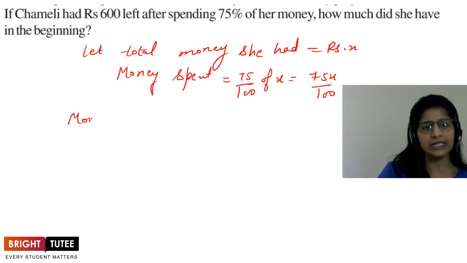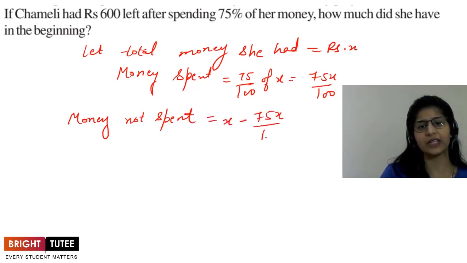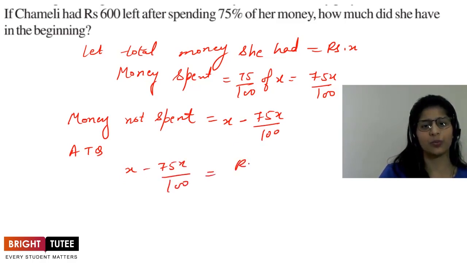Now money saved, how much money she has not spent? Money not spent. So if from the total money we subtract the spent money, we are left with the money that is not spent, and according to the question it is given as rupees